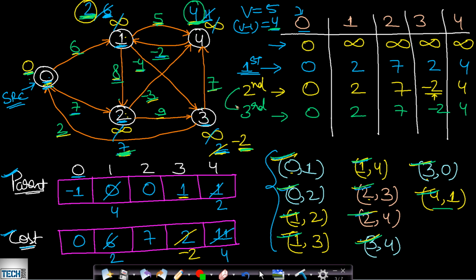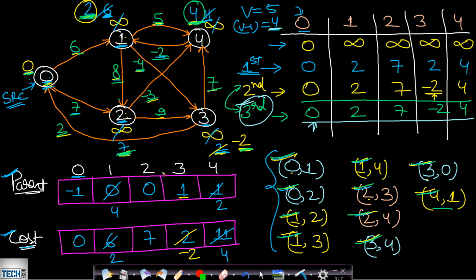So whenever in two consecutive steps we have exactly the same values in the entire array, that is for all the nodes, then we can say that there was no update. And whenever there was no update, then we can stop here and we can say that this is the shortest path graph. Okay, so in this case we will stop at this third step and we won't have to actually process all the 4 steps. Since in the third step there was no update, therefore we can say that there is no negative edge cycle, and so this will be the shortest path graph.